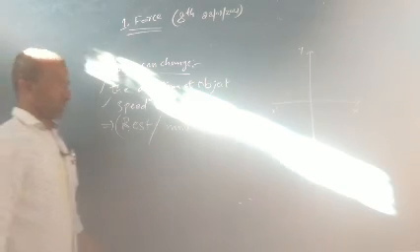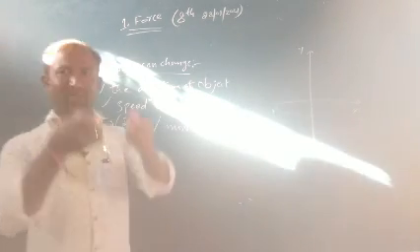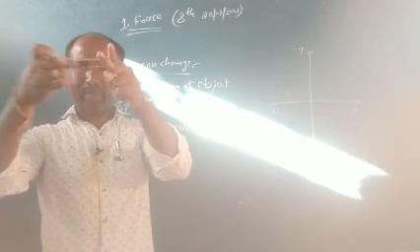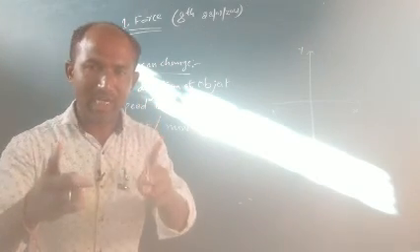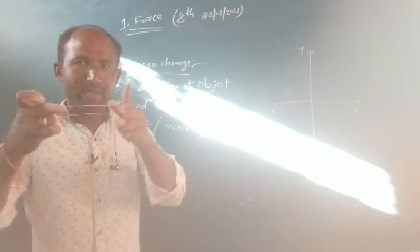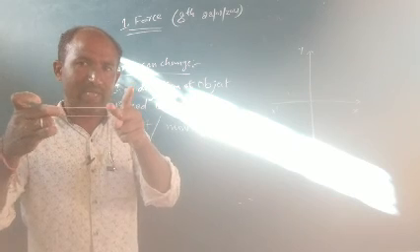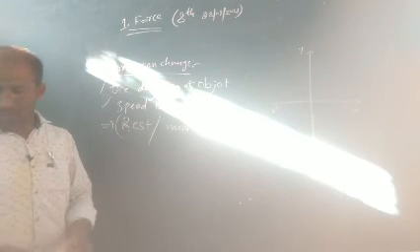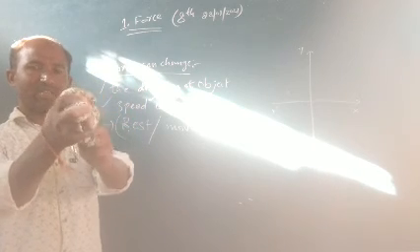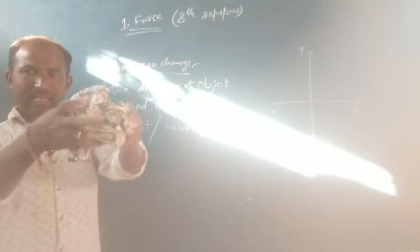Other effects of force. When we apply force, for example, stretching a rubber band, what will happen? This is a temporary change. When force is applied, changes are of two types: one is permanent change, another is temporary change. When the rubber band stretches, it becomes somewhat bigger, and again comes back to the same state. That is a temporary change. Like that, squeezing a sponge, its shape decreases, and again it becomes wider in shape. That is a temporary change. Right.